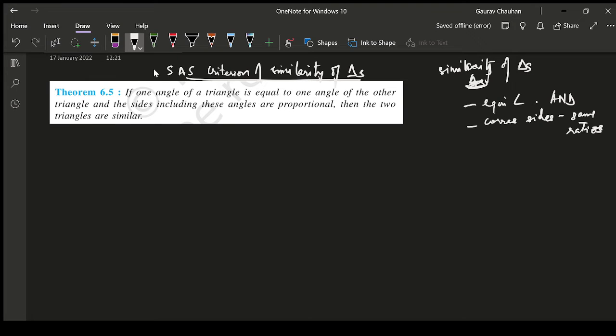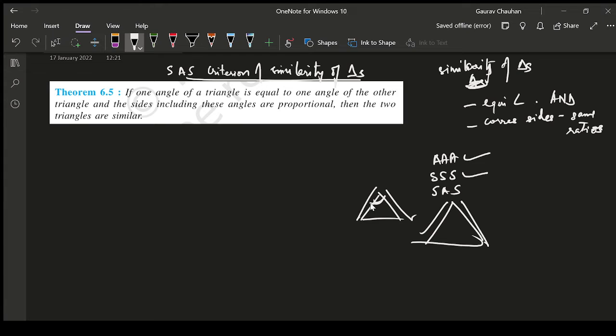But in case of triangles, we try to see, okay, all of this has to be met, but what is the minimum that needs to be met? All right. And for that minimum, we have three different criteria. One is AAA, one is SSS. Either we say that two triangles are equiangular, or we just show that the corresponding sides are proportional, or this is the third one, that is two corresponding sides are proportional. That is, we have this proportional to this and this proportional to this, and the included angle is equal. All right, and that's the third criterion, and that's what we are trying to prove now.